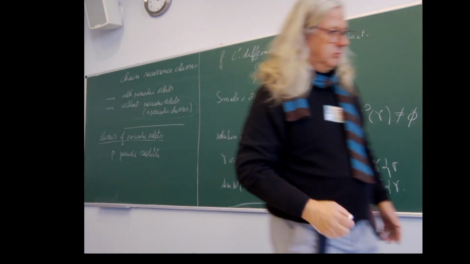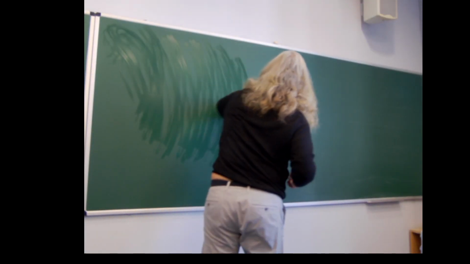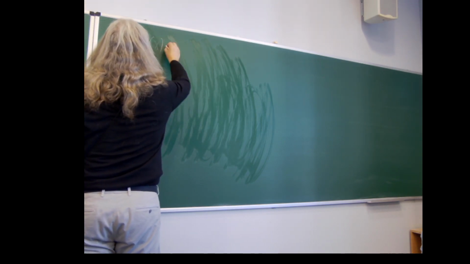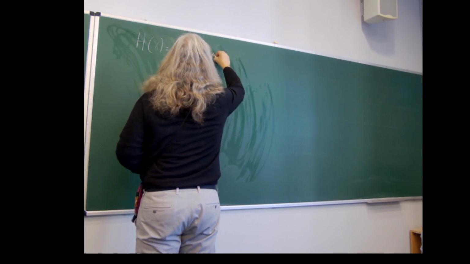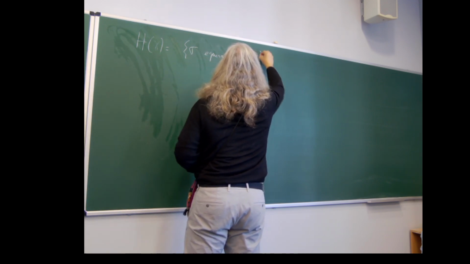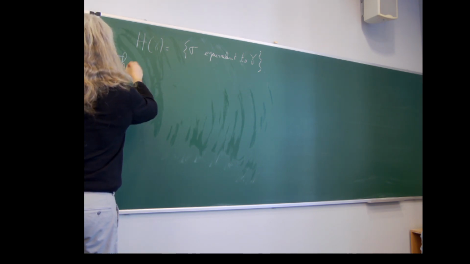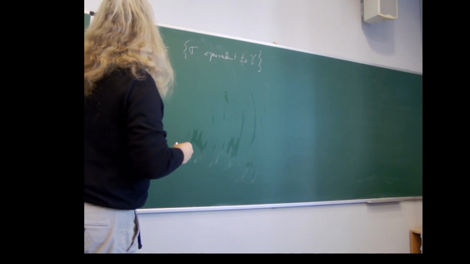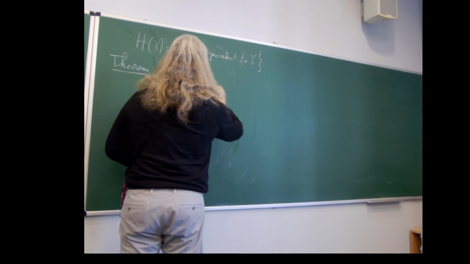Okay, and so we can define the homoclinic class of gamma as the closure of the sigma which are equivalent to gamma. And there is, I can put theorem because it's not something trivial, but it's well known that you can make another expression for it, which is the closure of the